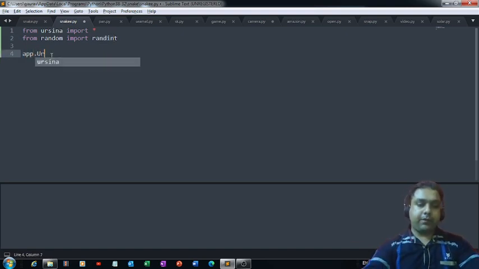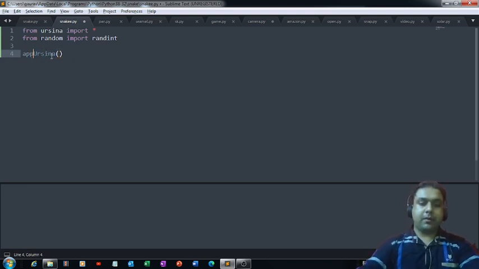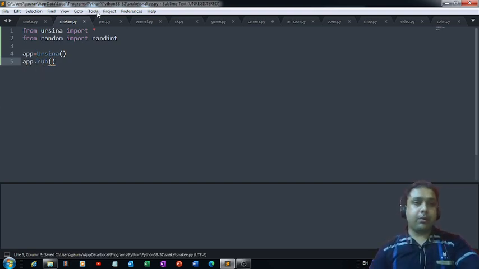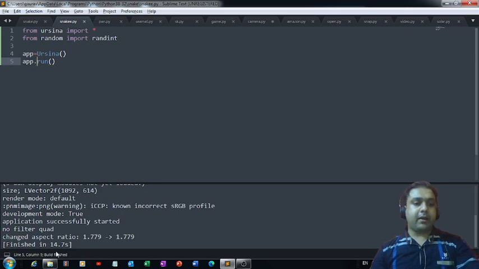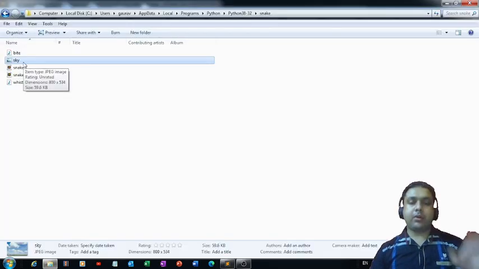Let me now define the basic structure of Ursina. So app is equals to Ursina, and then in order to run Ursina, we can simply use this name app, and then we can use this function run. So what this will do, it will create for us a display window. So this is Ursina's display window, and we can now define whatever we want to on this window. Let me just close this window,